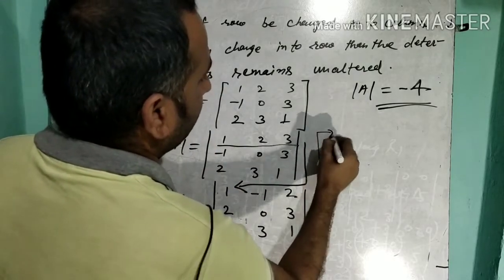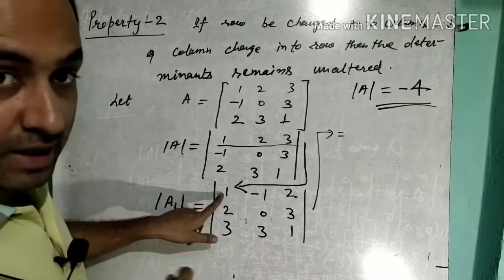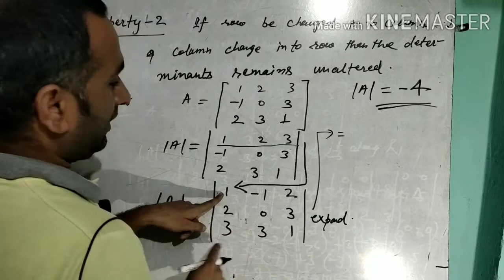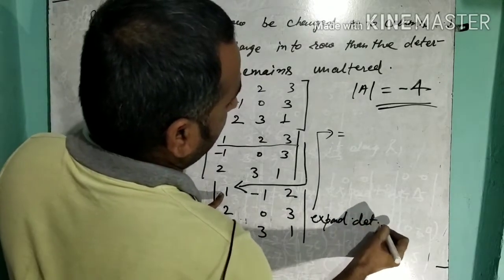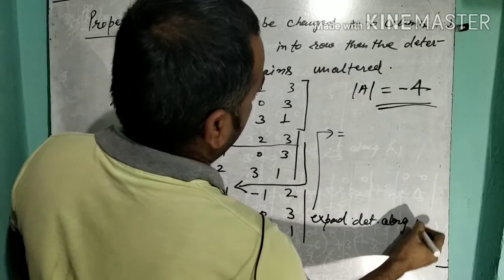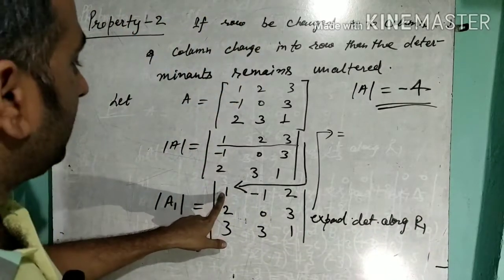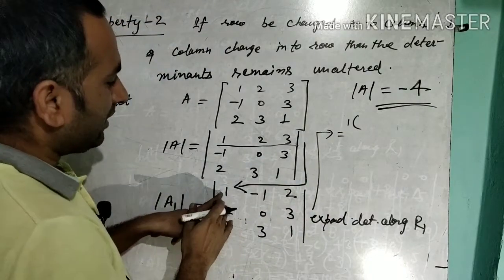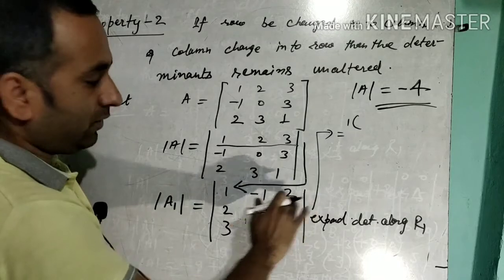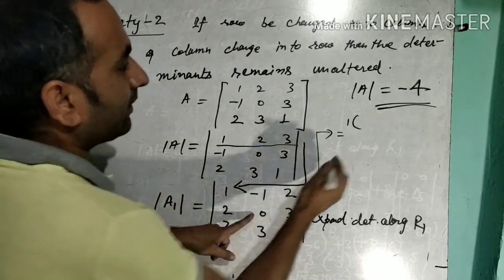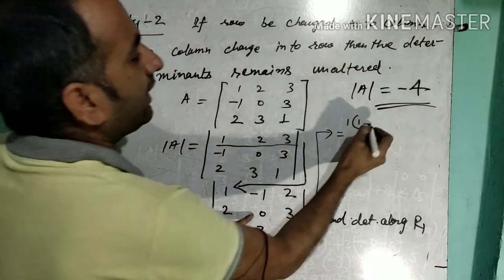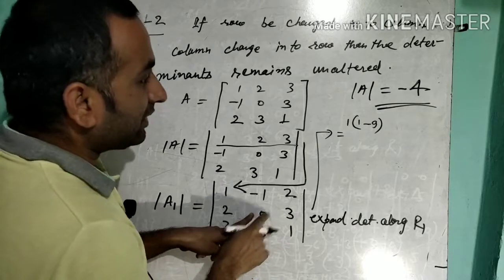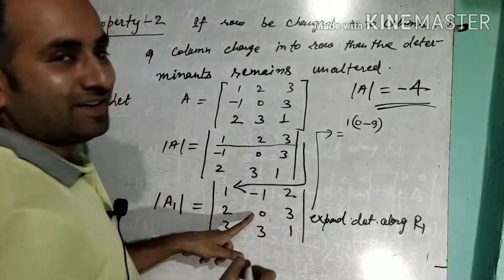Now I am going to solve here. So now students, I am again expanding the determinant along R1. This will give you what? 1 with, I will apply the direct method here. We remove the first row and the first column. So this will give you 1 times (0 minus 3 3 are 9). Is it clear students? 1 multiplied with 0 is 0, so it's 0 minus 9.